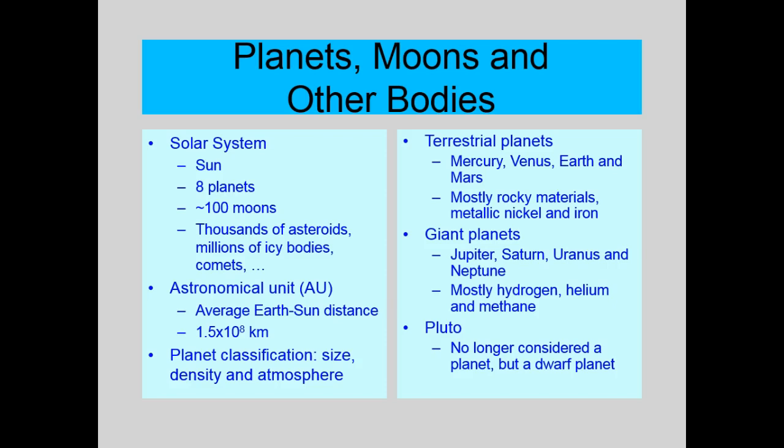So we'll talk about their densities. We'll also talk about their atmospheres: number 1, whether they have one or not, and number 2, what their atmospheres are like. So we'll talk about several classifications such as that. So let's get to the first classification, which is